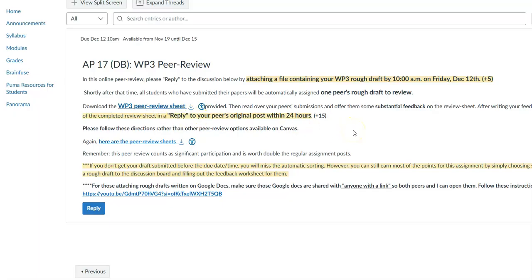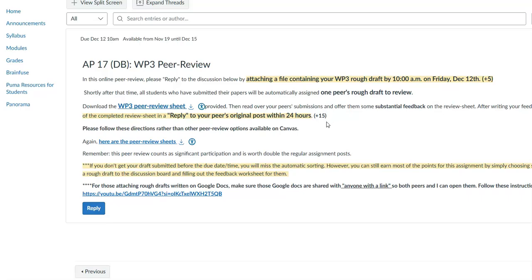Please keep in mind that everyone is only going to get one peer assigned to them. That means that if you don't follow through and actually give your peer some feedback, they are not going to get any peer feedback. Nobody else is going to swoop in and do it for you. That's why it's so important to follow through. That's also why I give so many points for this. Everyone will get 5 points for submitting a rough draft on time, but then they'll get an additional 15 points for actually giving that person assigned to them some feedback.